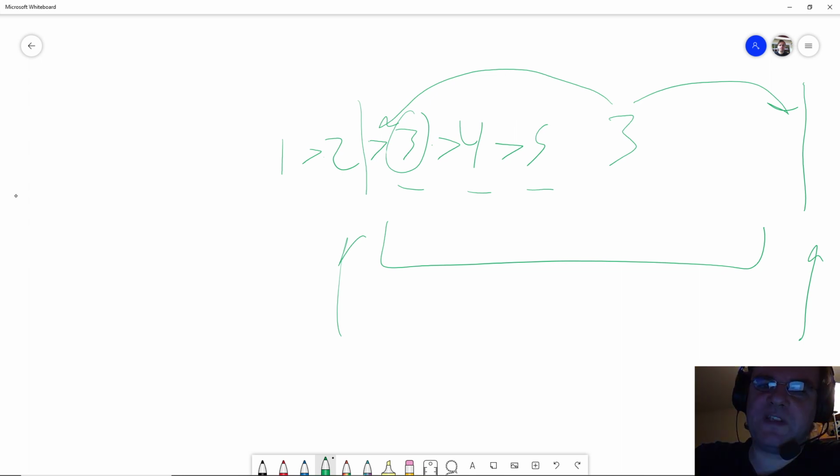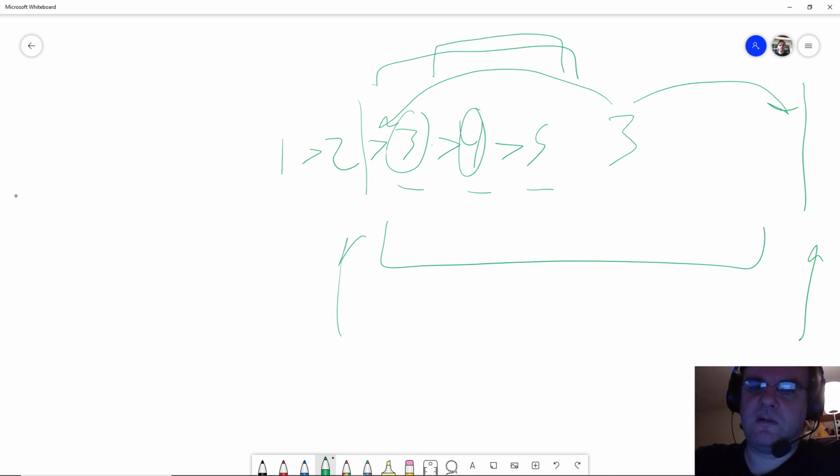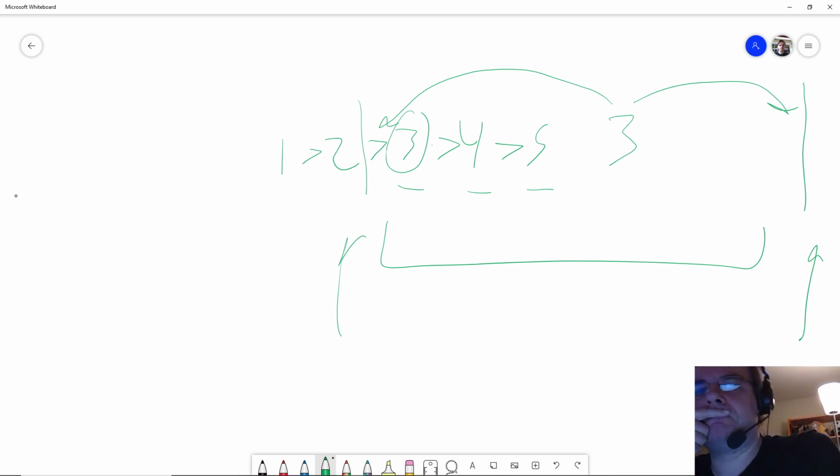So for this pancake, the range is this. For this one, that's the range. For this one, the range is this. For this one, the range is this. Still not quite seeing how to turn this into something, because these ranges overlap. They're not separate subsets.